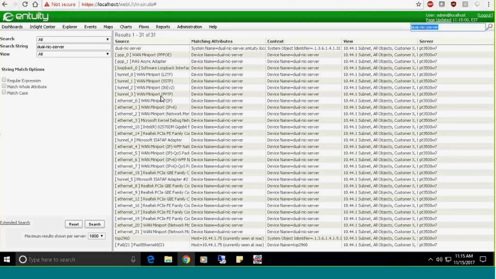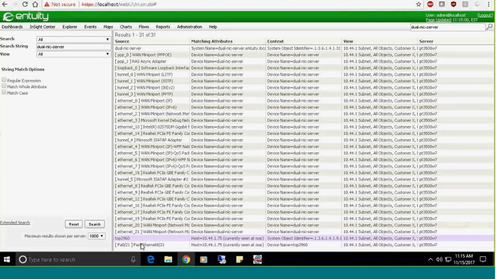So there are a number of network ports or network interfaces on the server that show up, but we're actually looking for the switch, which is down at the bottom here, and more specifically, we're looking for the port that